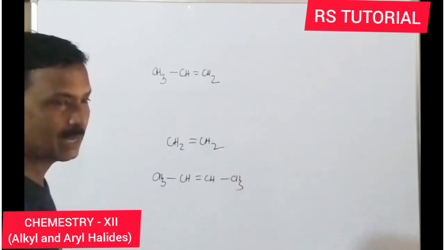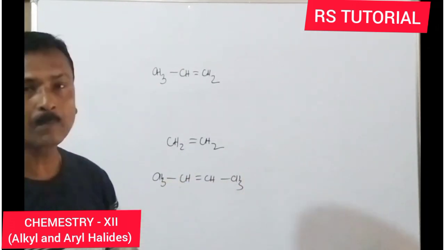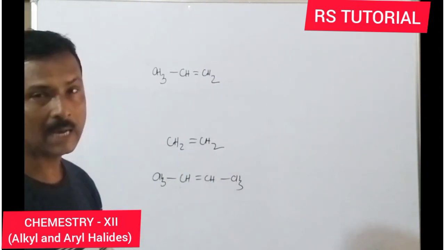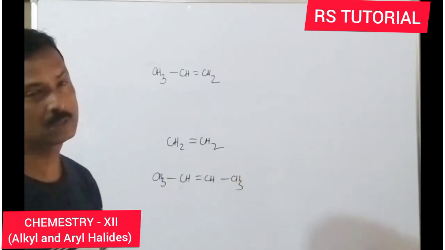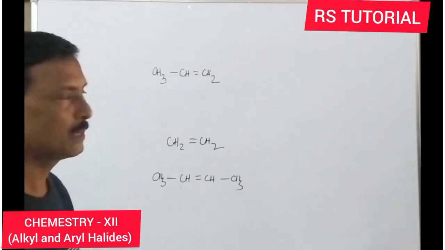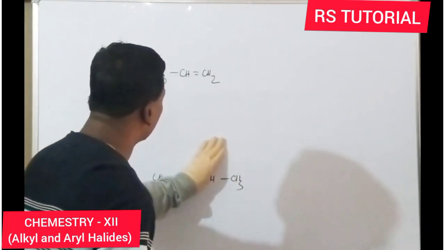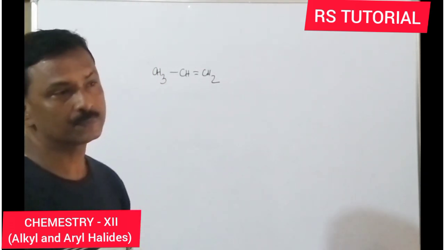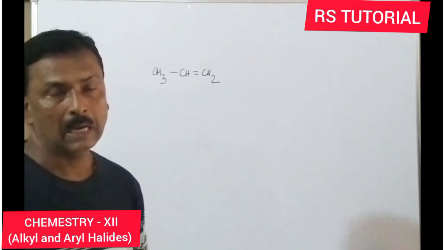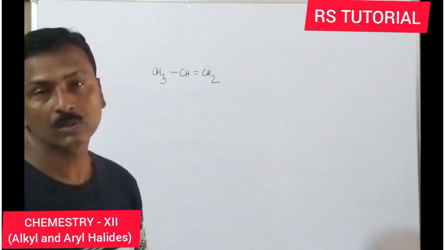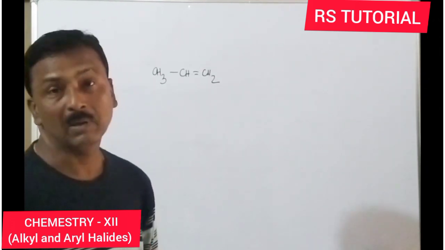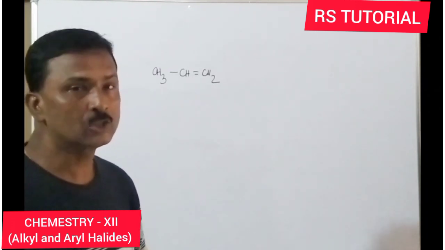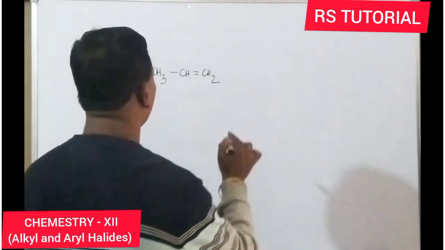In case of symmetrical alkene, you can write any product. Always a single product is obtained. Okay. When you add an ionic reagent, it gives a single product. However, in case of unsymmetrical alkene, there are two possible products. Out of which one product is the major product, and always we have to write the major product.